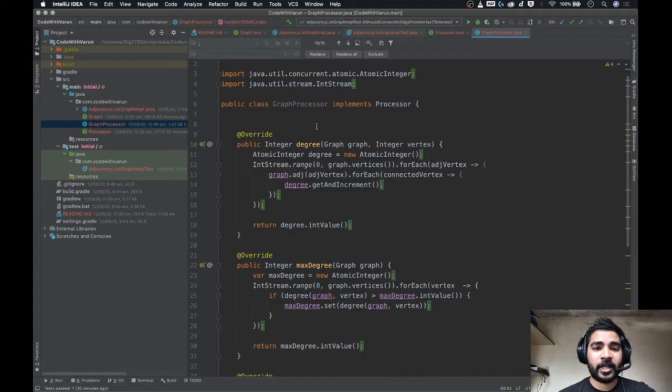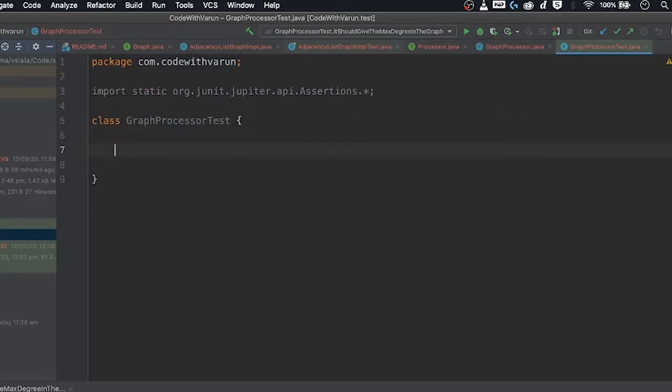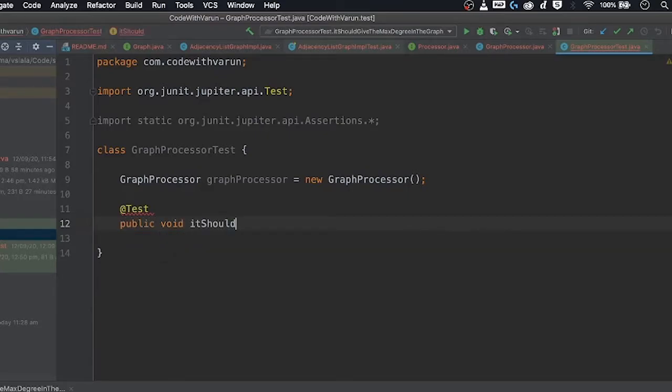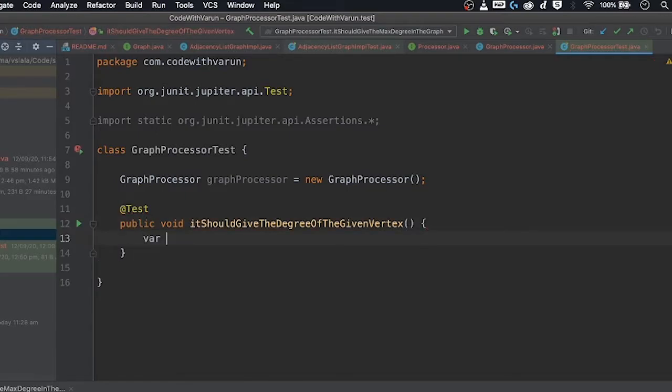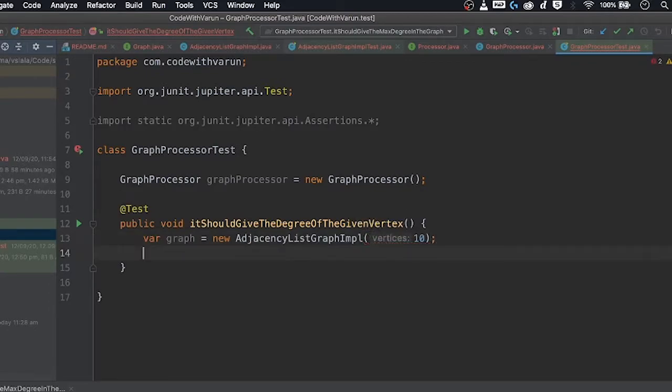Now we will write a test case to see if it is working fine. Okay, so now let's create a test case for this class, the graph processor, and let's create an object, assign it to a new graph processor. Then first we will test the degree. It should give the degree of the given vertex. So here we need a graph. So we will just create the object of the same graph that we created with 10 vertices,